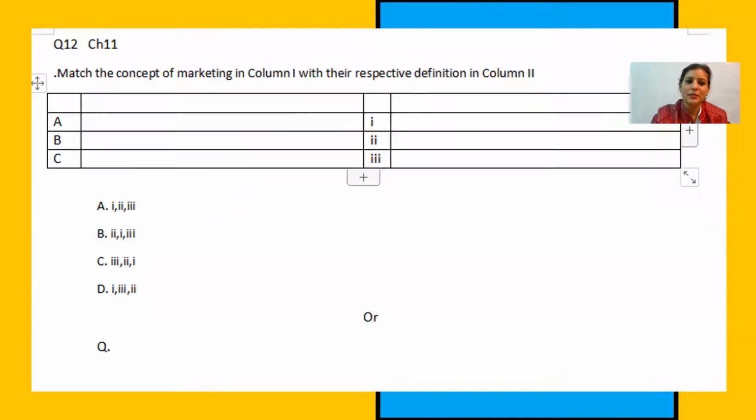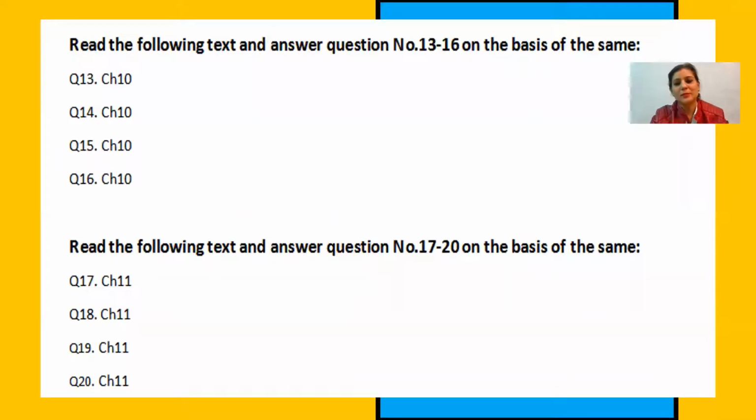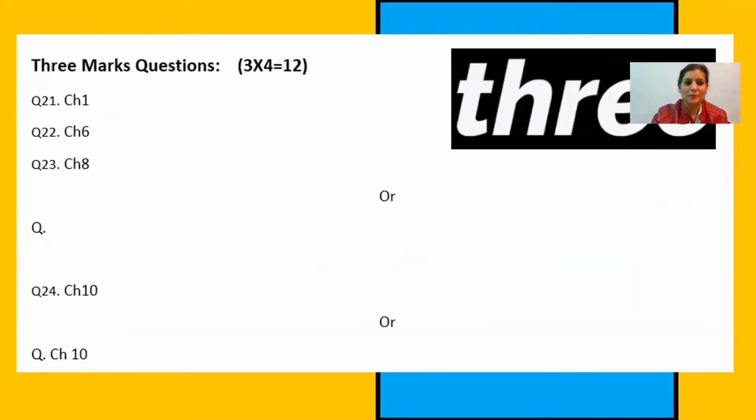3 markers: only 3 headings plus explanation. Do not write your answer in paragraph, just headings plus explanation. Question number 21 to 24, 3 markers, 3 headings, 3 explanations. 21 to 24, sequence will be the same. In your final paper, you will find question number 21 to 24, 4 questions, 3 markers. In the sample paper which we have received from CBSE, question 21 has been taken from chapter 1, and from chapter 10 question number 24 has been taken, which is optional type.